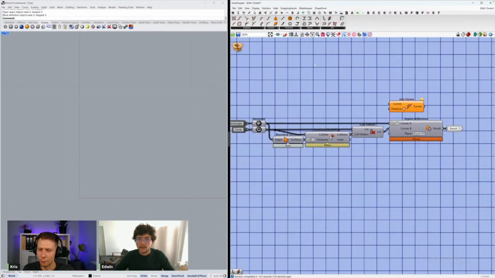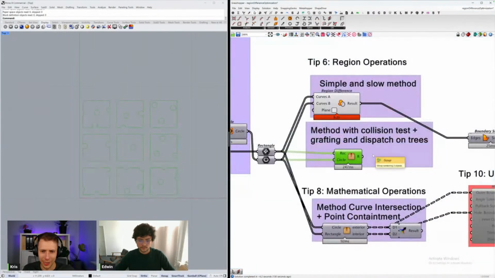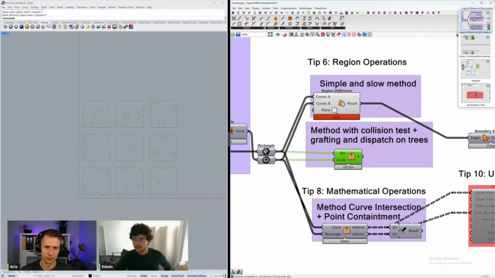Yeah, I really like this one because it's like helping Grasshopper a little bit. Like, hey, Grasshopper, focus on this. I will filter for you the circles that are not relevant. This is the first step that you made, and for the second step, I will group for you, because you don't have to try to cut with some circles that are not containing. Cool. Correct. Yeah, and I think we can go to the next tip.